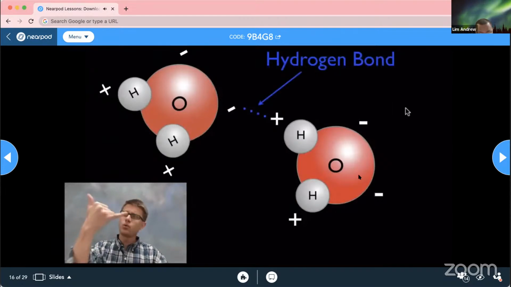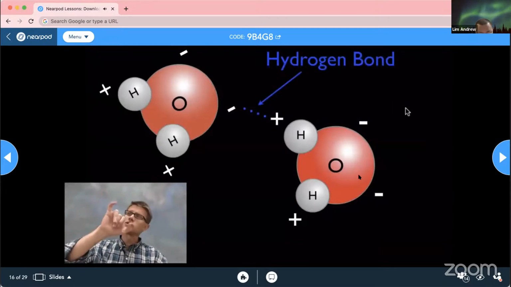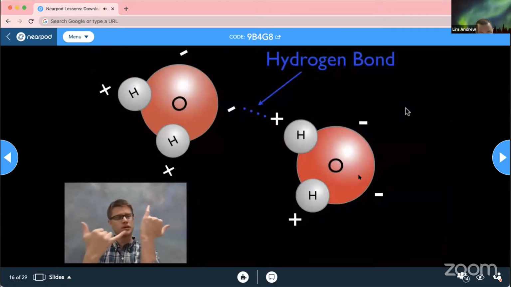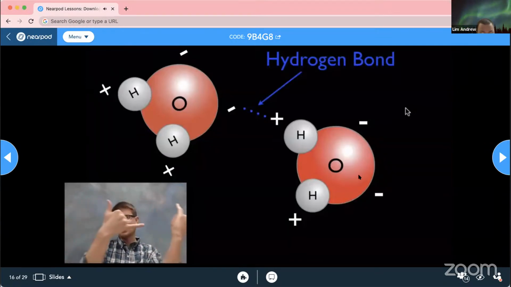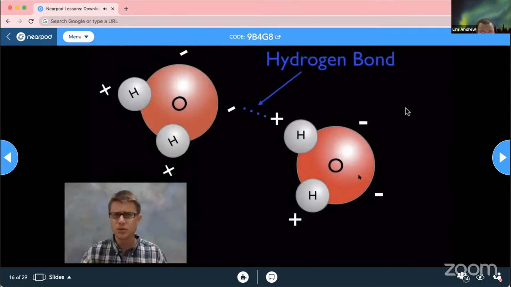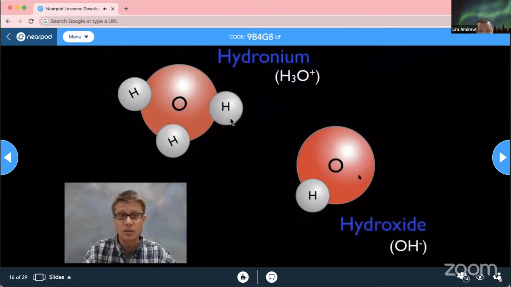And that's why if we have one water molecule and the hydrogens are positive and the oxygens are negative, and we have another one, they're going to line up like this. And as I pull one water molecule, the other one is going to go along with it. And that's why we have cohesion, and it explains a lot about water. But some weird thing happens with water. Sometimes that attraction is so great that this hydrogen atom will actually become detached from the water, and it'll become attached onto this other water molecule.